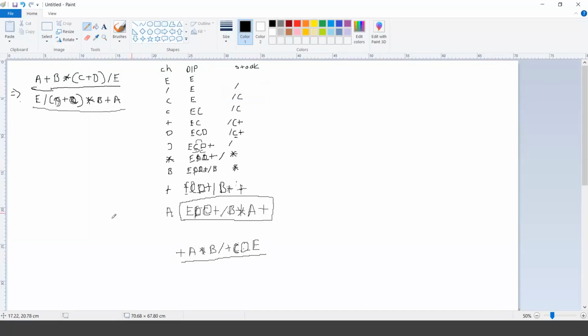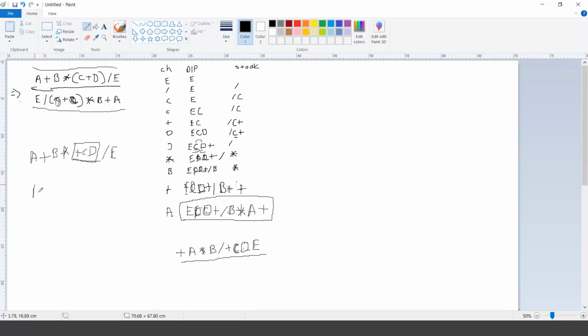If we apply our direct theory of converting the expression into the infix expression, we can read this statement and give the priority to the brackets. If I solve this bracket plus and convert it, I'll write simply plus CD as a first level scan. Then the remaining expression as it is, A plus B multiplied by, now this entire CD represents one entity, and then divided by E. Then of course on the left hand side we have the multiplication symbol.